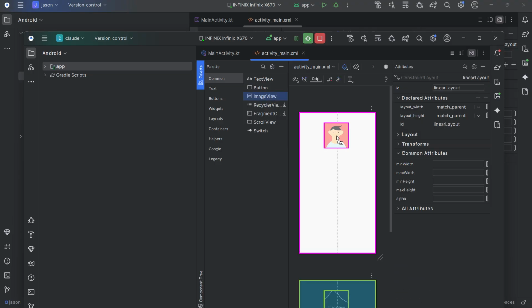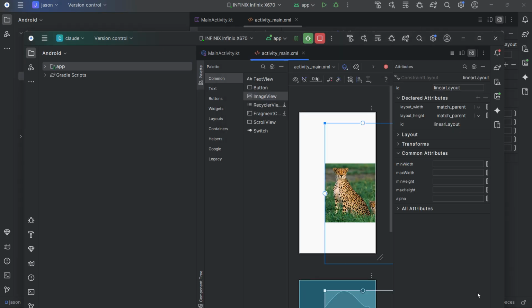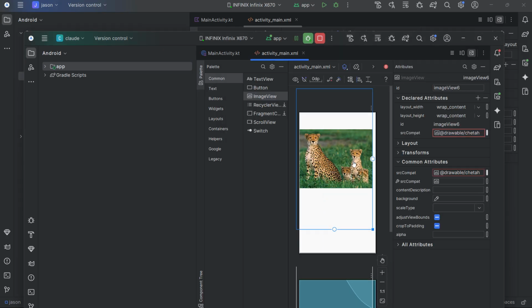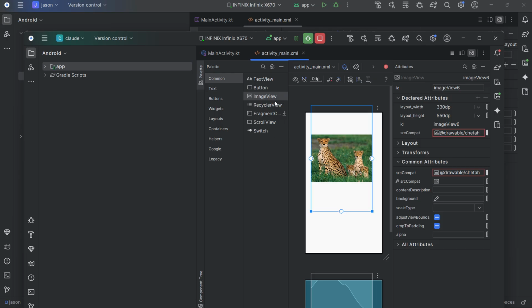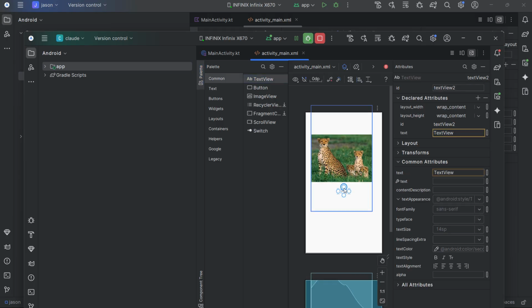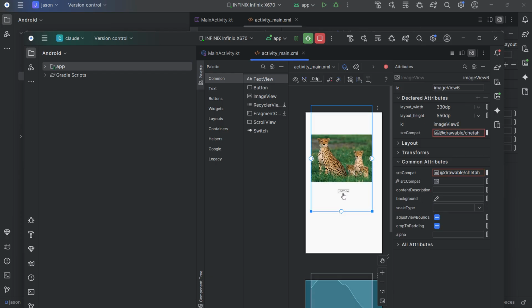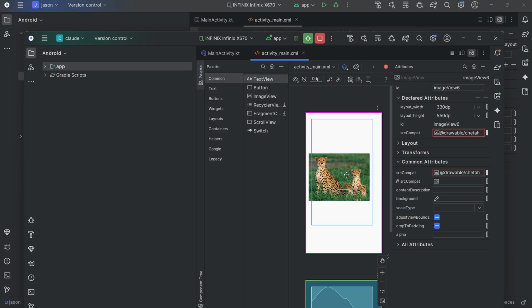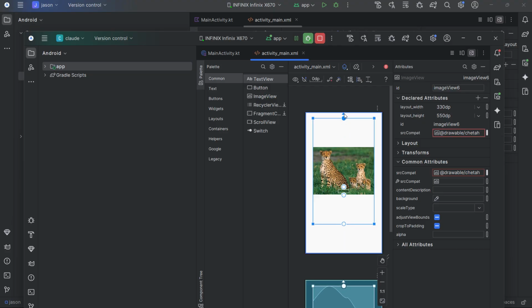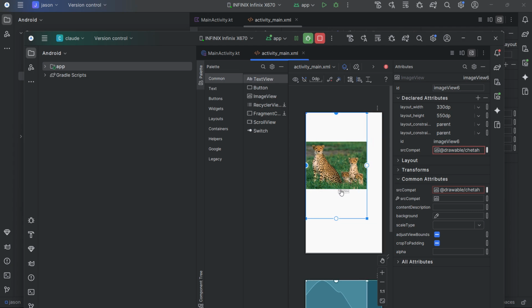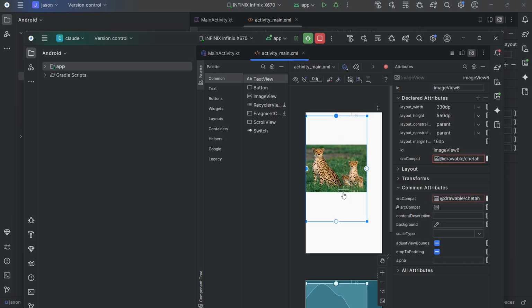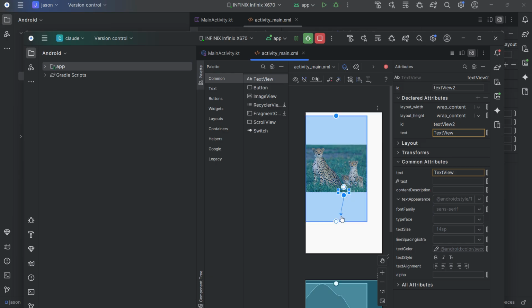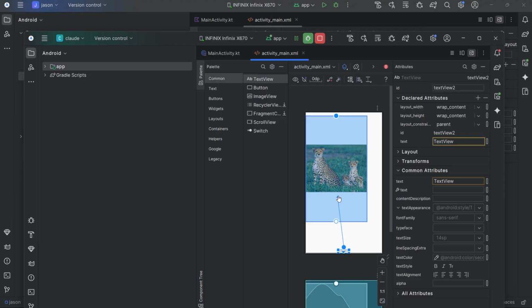Image. Text view. Here. For example, here.